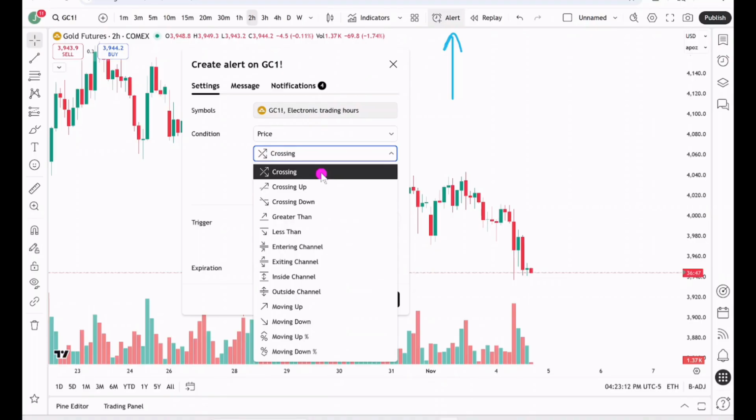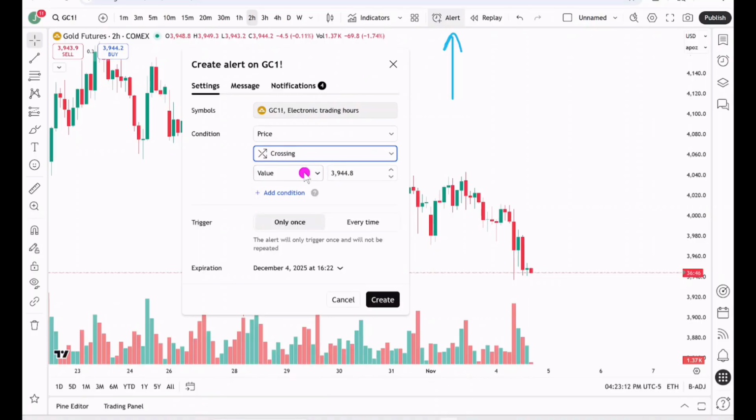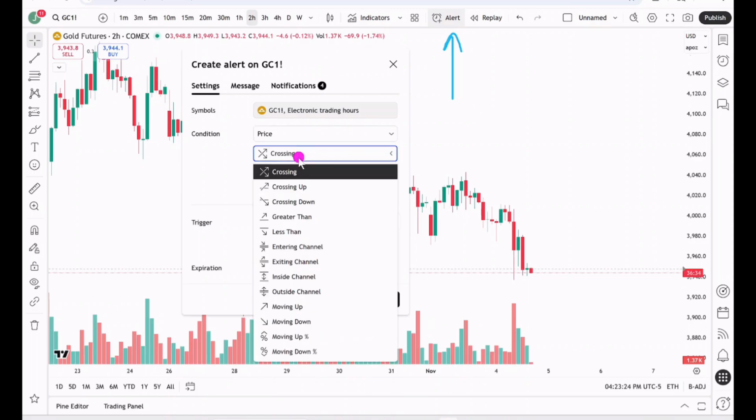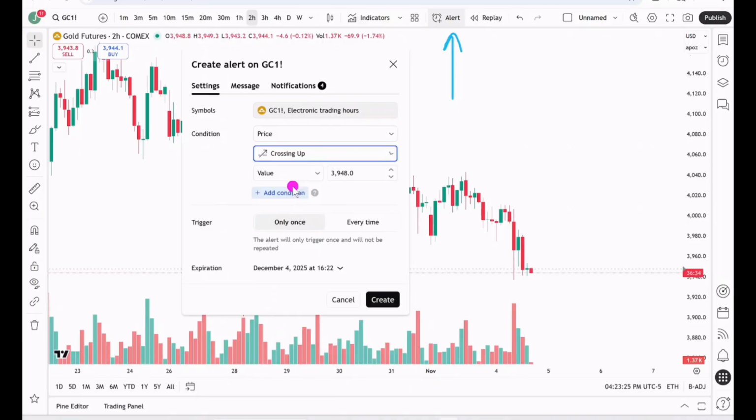Now, once you make your selection, you're going to want to continue following this workflow. So we've got our value here and then our price. To make things easy, I'm going to type in gold at 3,948. I'm also going to do crossing up, meaning that this is a price alert when gold price crosses up above the value of